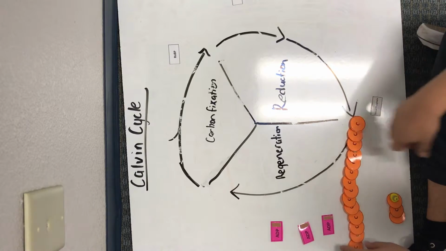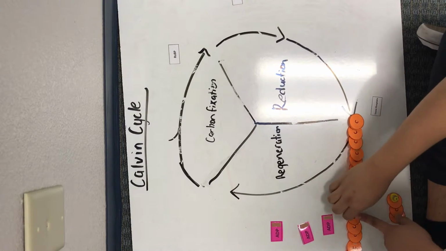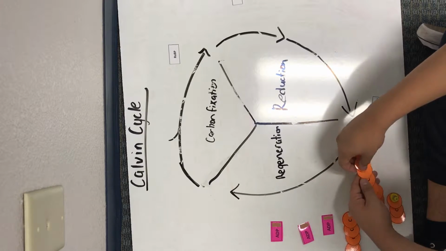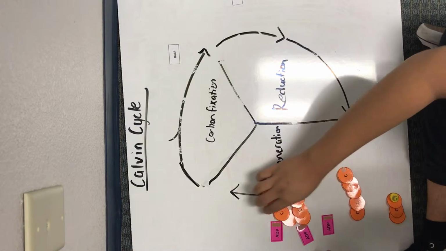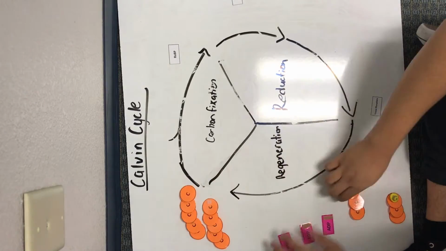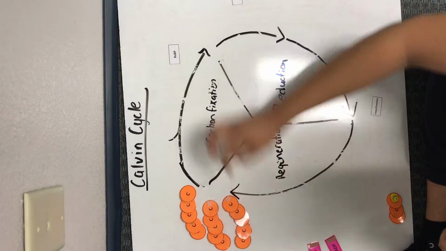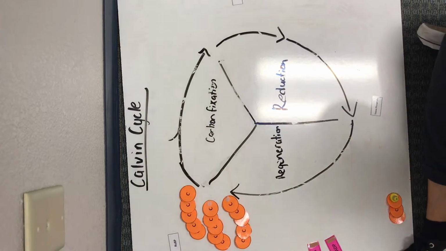And then our carbons are broken down into 5 carbon molecules, creating 3 5-carbon molecules. These 3 5-carbon molecules are our starting molecule of RuBP, and that is 1 turn of